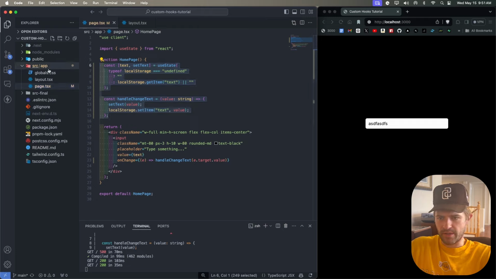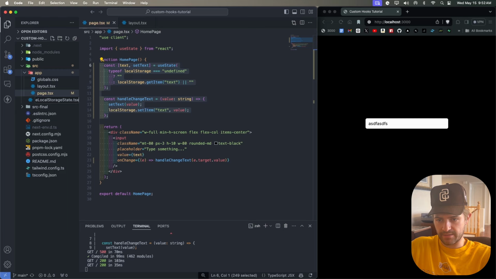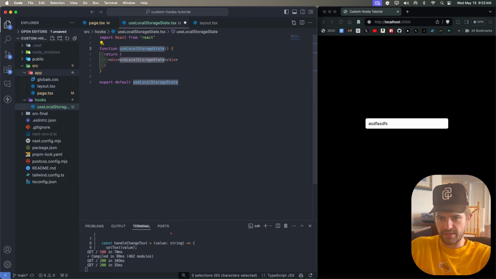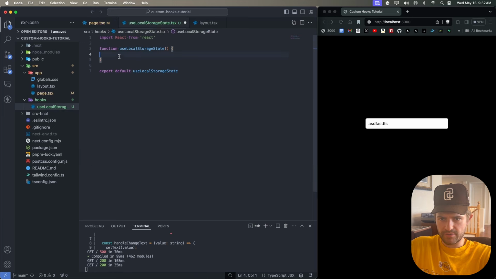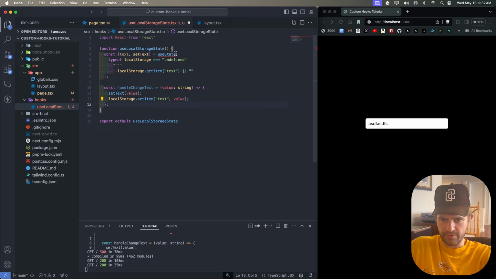So we're going to create a new file in the hooks folder called useLocalStorageState.tsx. We run rfce, and instead of returning this, we're going to return something else. So this function right here, we can just copy this, come in here, paste it, and then we import this useState. We have to make sure we come up here, get rid of this, and say at the top,